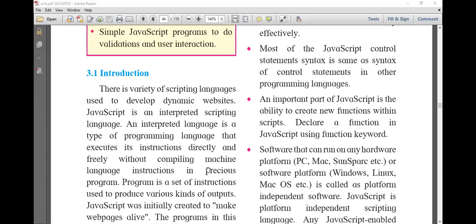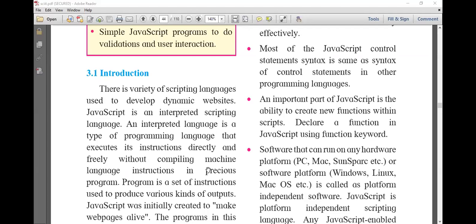Each and everything we had to validate using JavaScript. Nowadays in HTML5, those features are already added to the HTML elements, so we don't require JavaScript for that. But if you consider the flexibility of programming, if you want to add some extra features to HTML, then JavaScript is a must. It should be embedded or enclosed in your program.